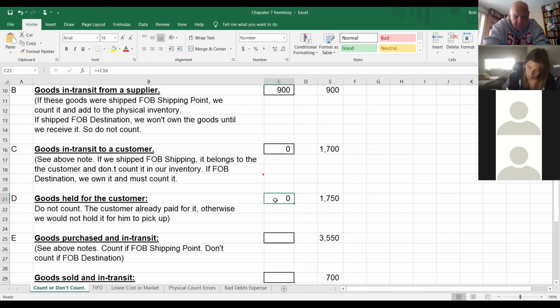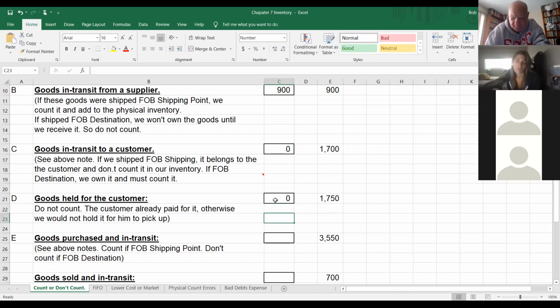Wait, can you rephrase the question? I will be glad to. On the last day of the month, I called Chaucer's. I said, I want to buy $1,750 worth of your books. They take my credit card order and process the sale. Sale's done. I tell them, though, I'm not going to pick it up for another week. So now those books are sitting there at the end of the month. The question is, who does that belong to? Yours, right? Exactly. So the company would not count that.